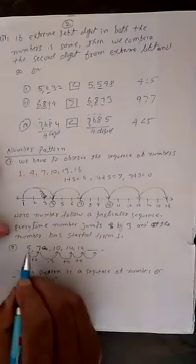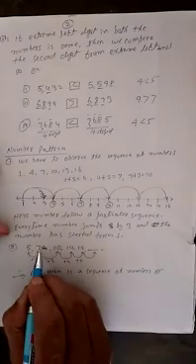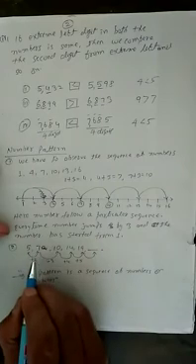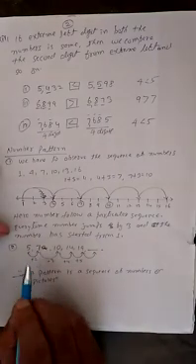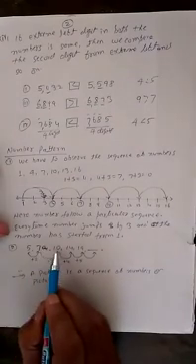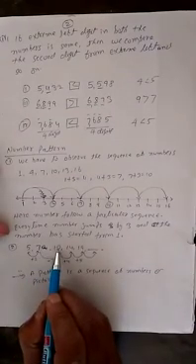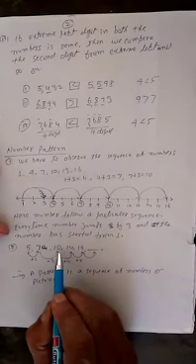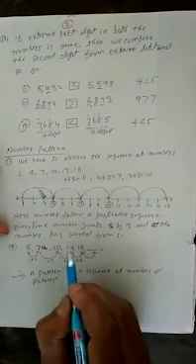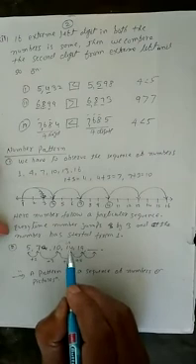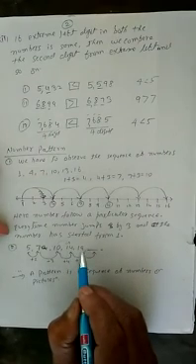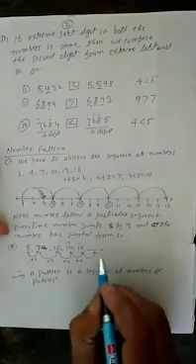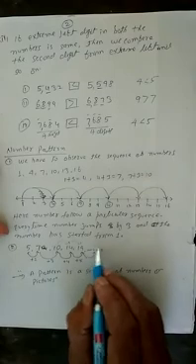The second example is: the first digit is 5, the second digit is 7. How did we reach 7 from 5? We added 2. 5 plus 2 is equal to 7. Then from 7 we reached 10. 7 plus 3 is equal to 10. Then the third number is 14. How did we reach 14 from 10? We added 4. After 14 comes 19. We reached 19 by adding 5. And what should be the next number? We have to fill it.